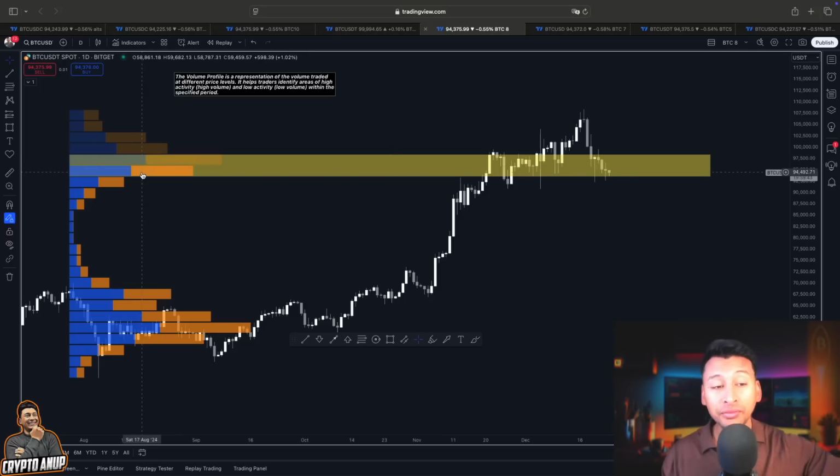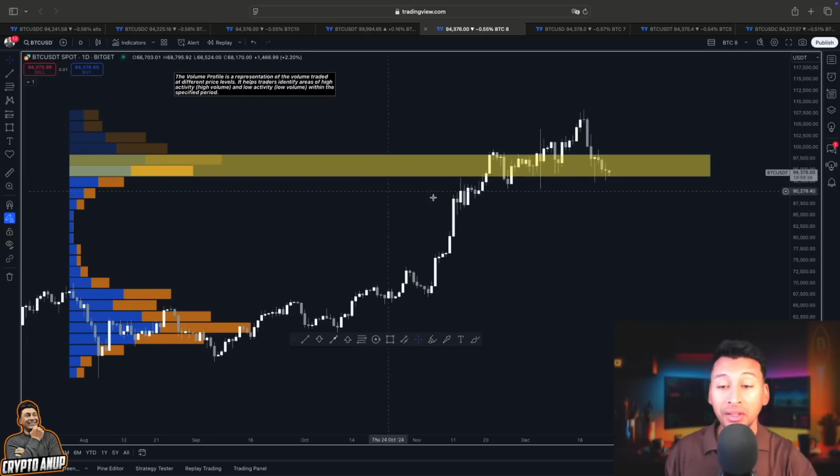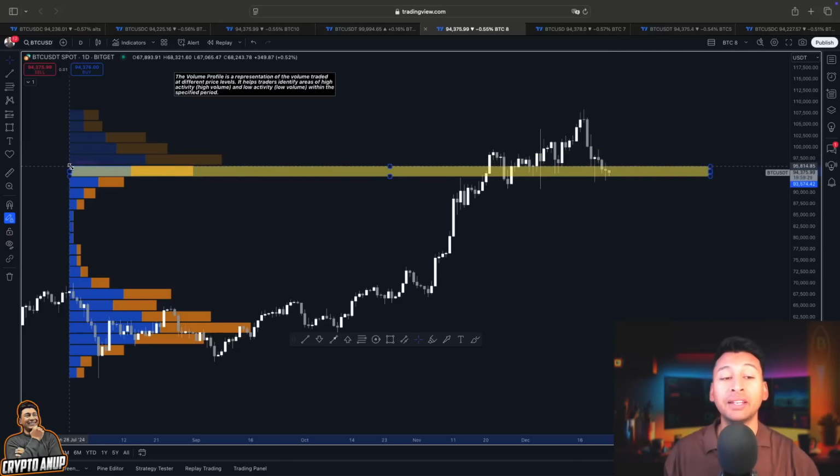So that's why this volume profile will be holding us, which is also above 90,000. So that's why this 90,000 volume profile activity also points us that 90,000 is a very important support which you are not allowed to break. Because